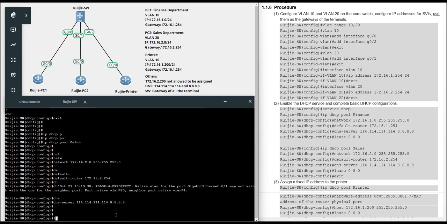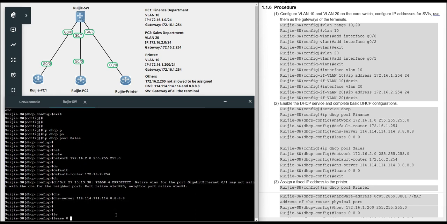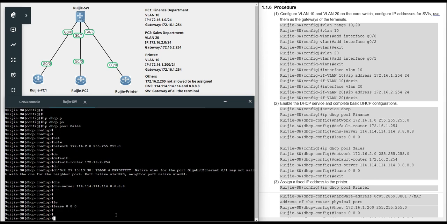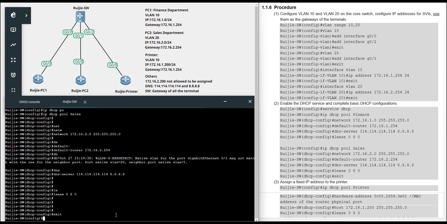Okay, the lease time is 0 days, 8 hours. If you make the lease time shorter, maybe in your network, when some terminals don't use the IP address, you can directly take the IP address back to the pool and assign it to other users.